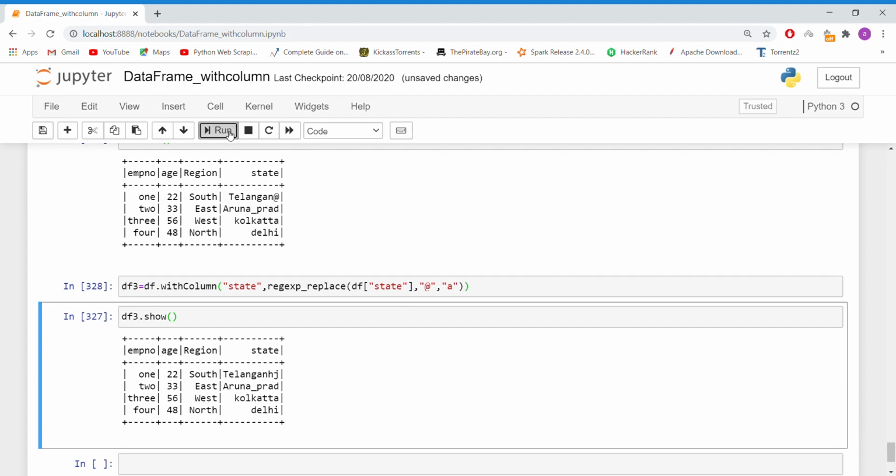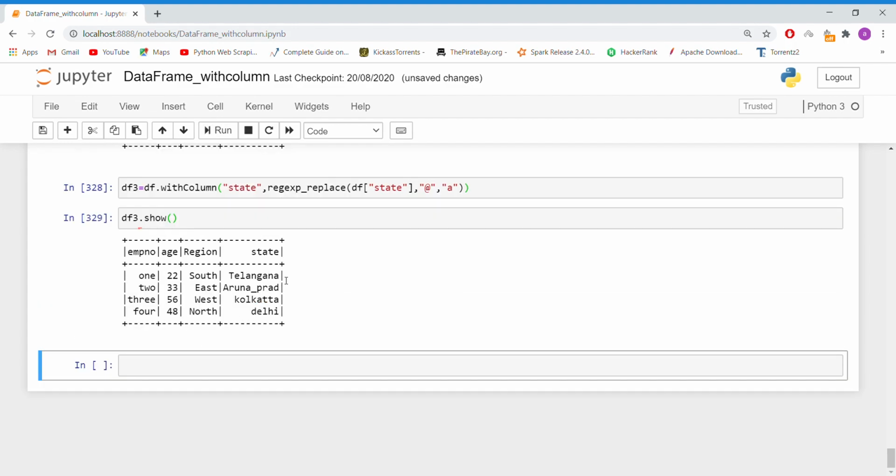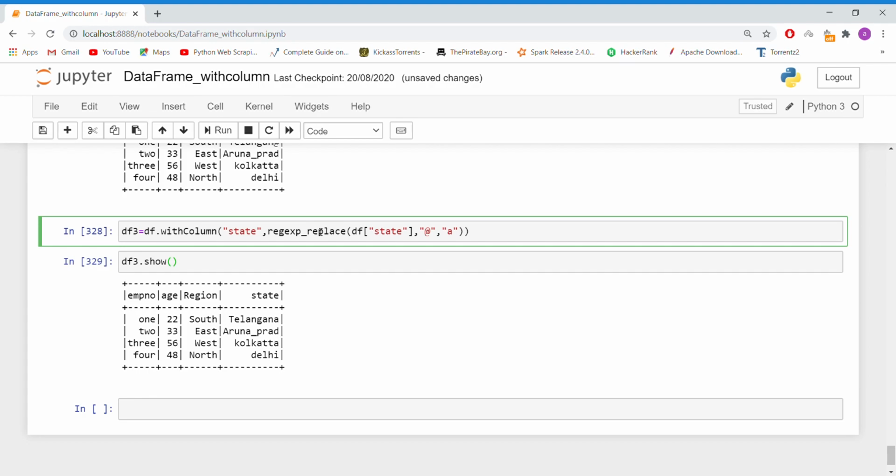This comes very handy in your projects, and if you explore regular expression usages, you can enhance this a lot. This is a very good and very handy function.